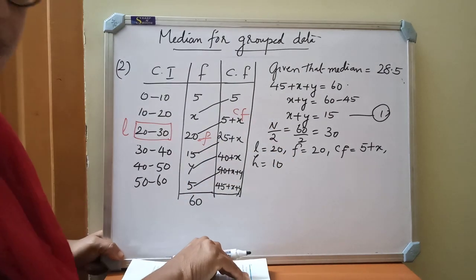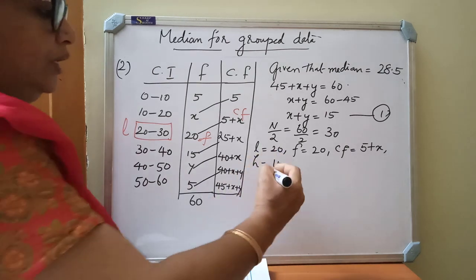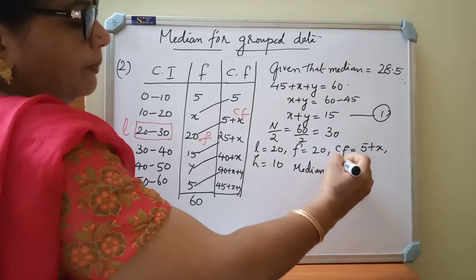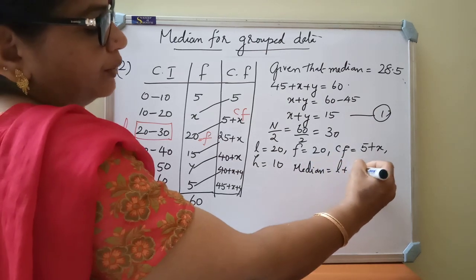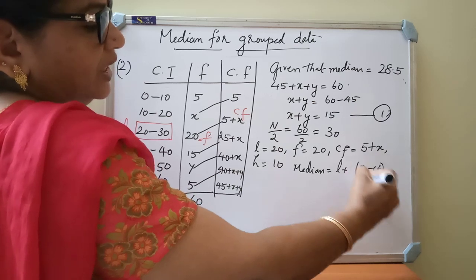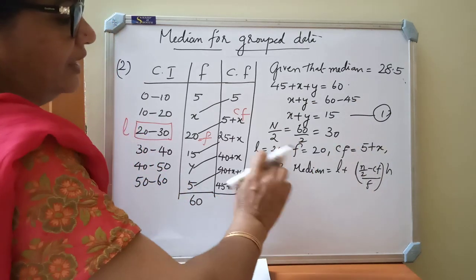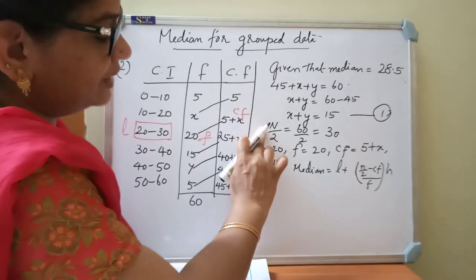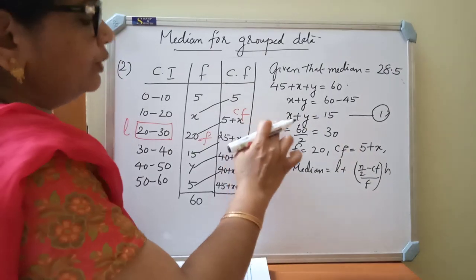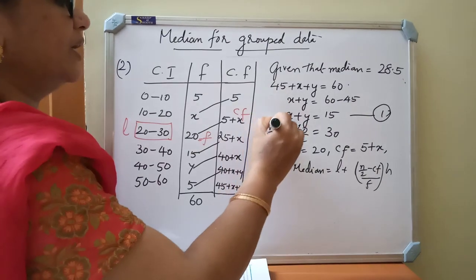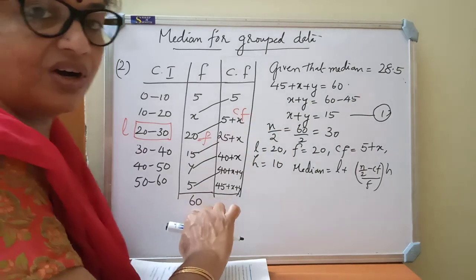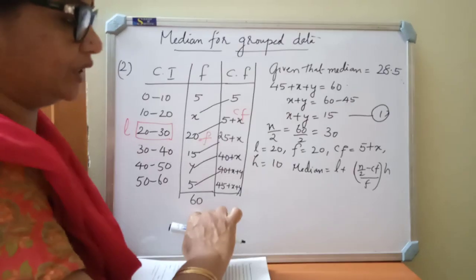I am going to substitute the data in the formula. So median equal to L plus (n by 2 minus CF) whole divided by f into h. In some textbooks they write n as a small letter, in some textbooks as a capital letter. So n by 2, you can write a small letter or capital letter, no problem, but you must keep in mind that this n represents the sum of frequencies. That only you keep in mind.